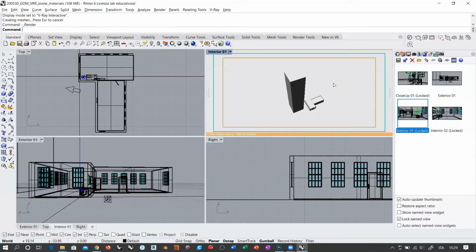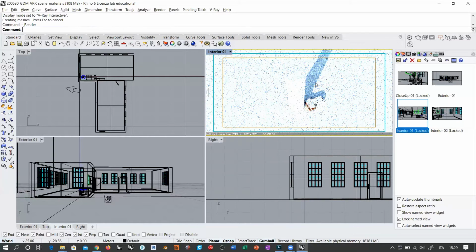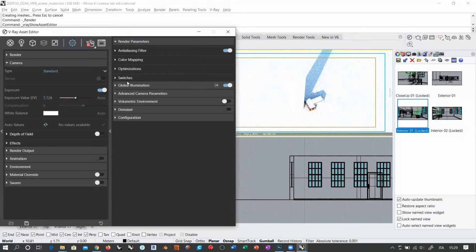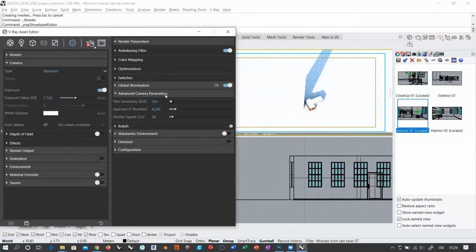as our settings are good for an interior, we might see that this image gets totally or almost totally burnt. So we must go into V-Ray settings, the final result, go into advanced camera parameters, and then eventually here,